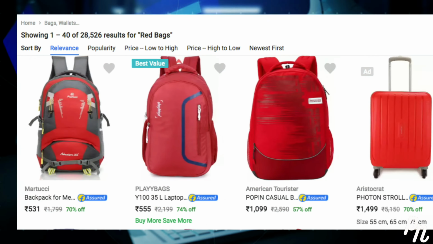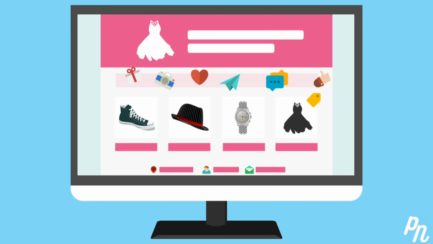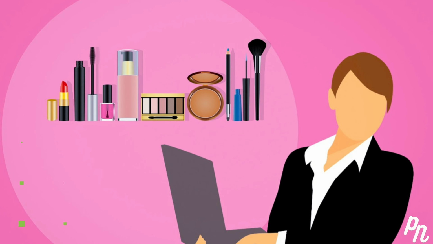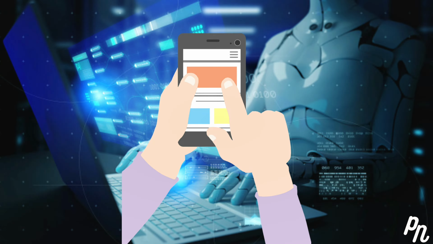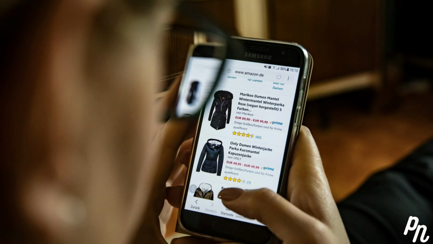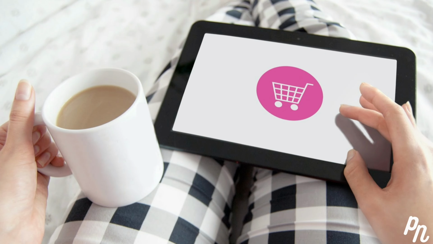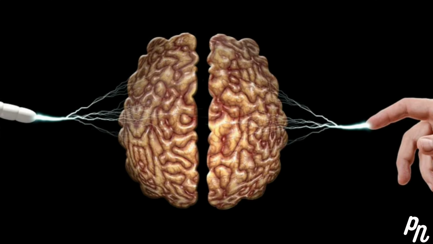Amazon and other online retailers use AI to gather information about your preferences and buying habits. Then they personalize your shopping experience by suggesting new products. When you search for a product, the search engine shows related items that other people have purchased when searching for the same product. All this happens through machine learning.